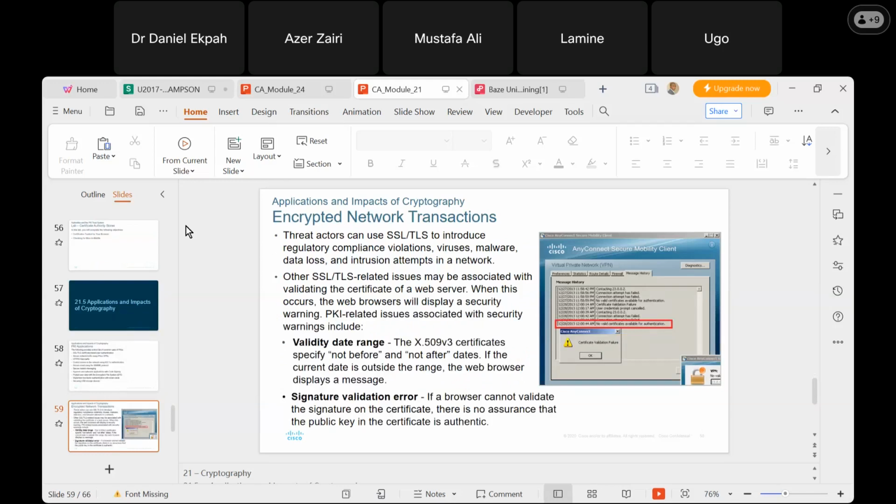And then we are still on the applications and impact of cryptography. You look at encrypted network transactions. So threat actors can use SSL, TLS to introduce regulatory compliance violations, viruses, malware, data loss, and intrusion attempt in the network. So other SSL TLS related issues may be associated with validating the certificate of a web server. So when this occurs, the web browser will display a security warning. And in this case, it will show you PKI related issues associated with the security warnings, which include validity date